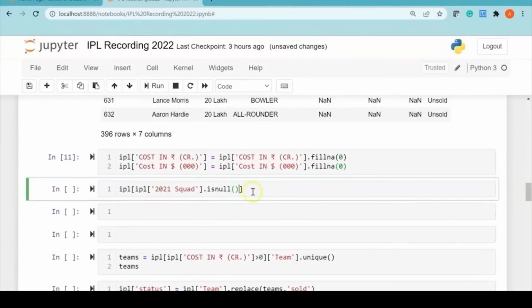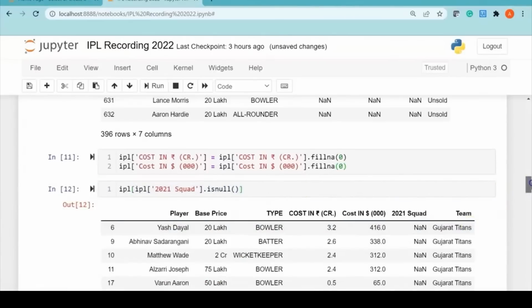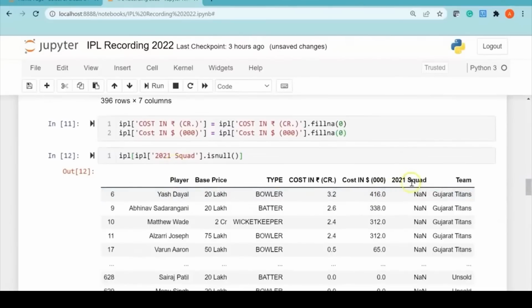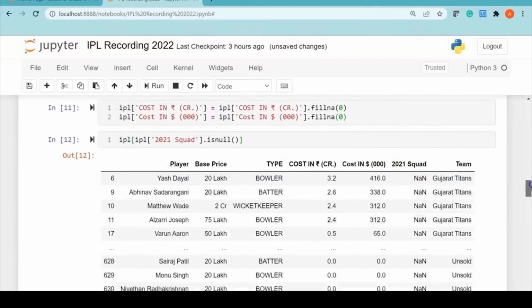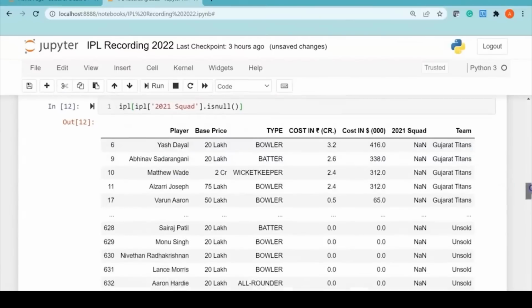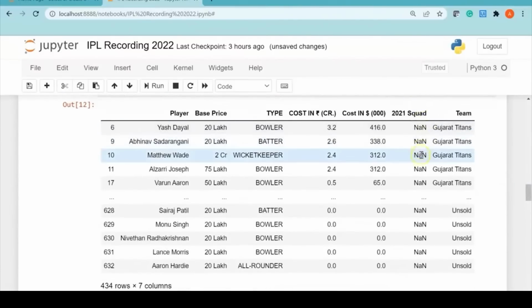So this cell will give us the unsold players in the 2021 auction. If I run this, you see here